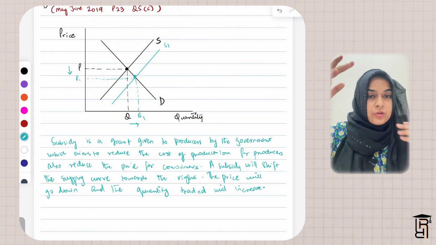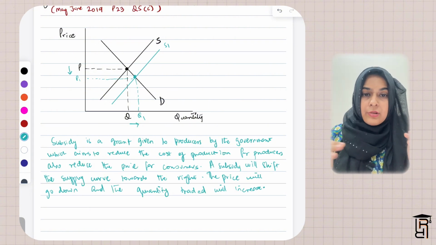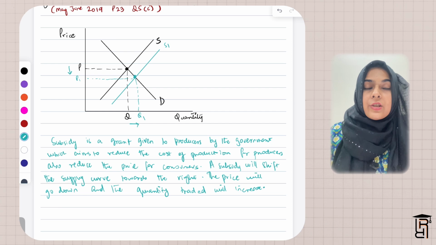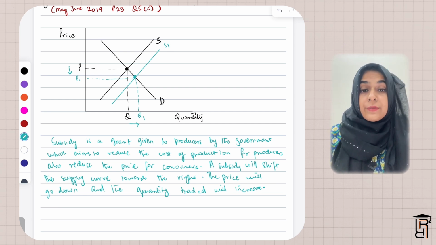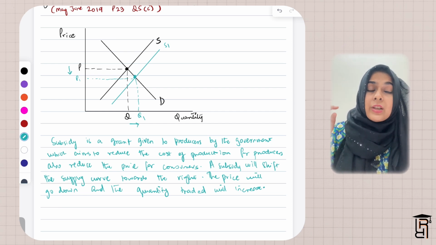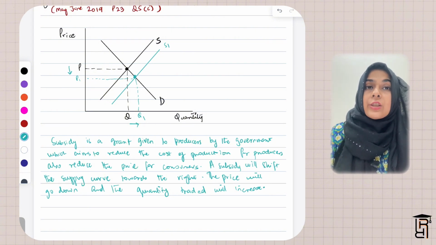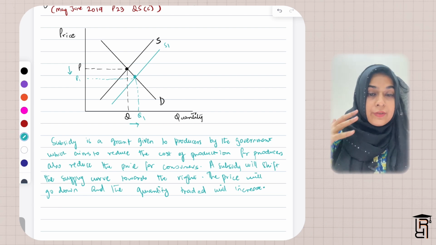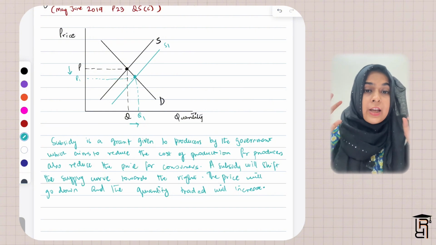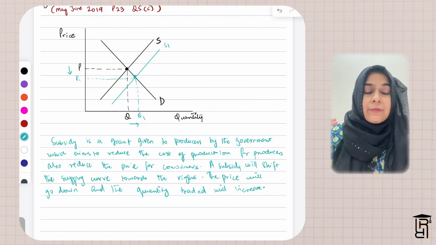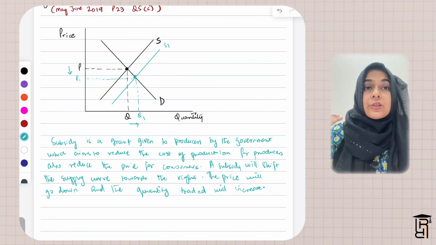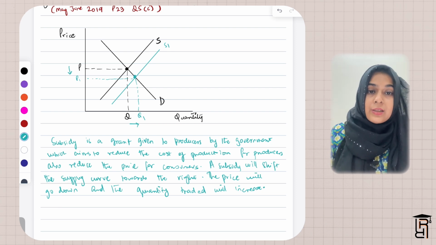So what you guys need to know for demand and supply diagrams is that you need to know the factors that shift the demand curve and factors that shift the supply curve really well. So what they do is they normally give you a factor in the question and then they expect you to basically decide which curve to shift. So if it is one of those factors which shift the supply curve, you need to shift the supply curve. If it is one of those factors that shifts the demand curve, you need to shift the demand curve. So it's as simple as that.